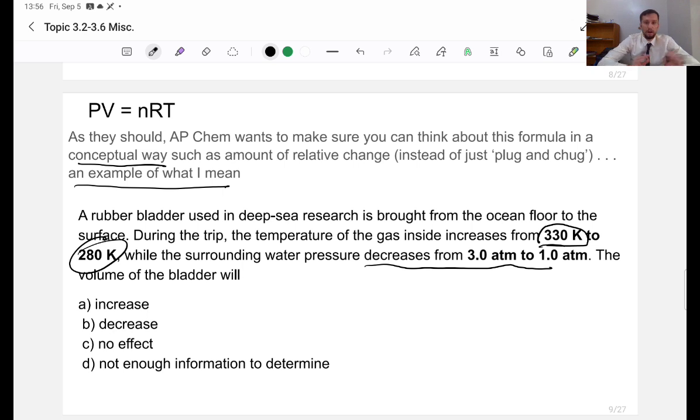Now you might think, oh, plug it in. No, you don't need to do that, because think about it. 280 Kelvin to 330, I don't know what percent change that is, but it's not more than 30% for sure, right? Whereas 3 atm to 1 atm,